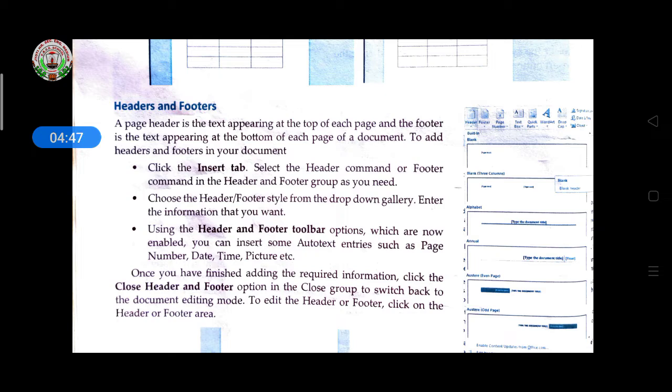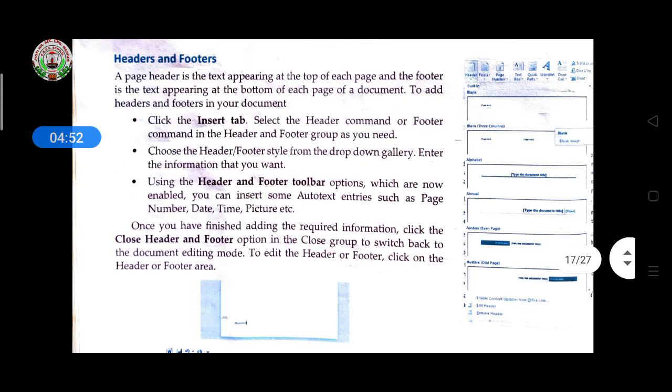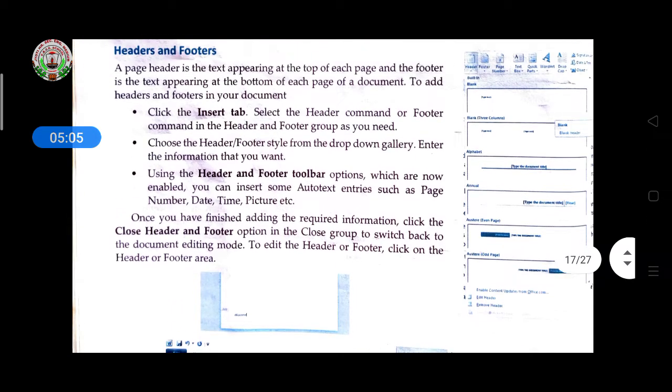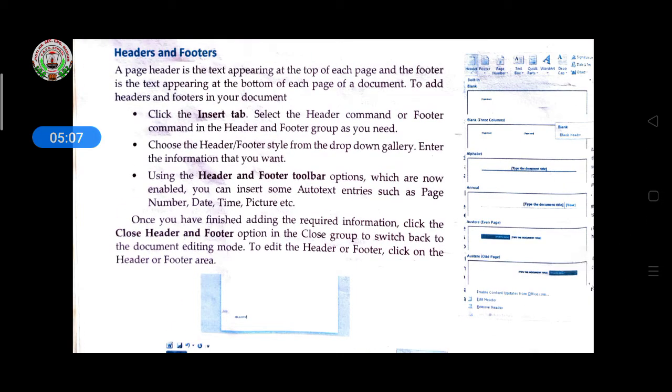To edit the header and footer, click on the header and footer area. So first of all you have to select the header and footer group from the Insert tab, and then after adding a header and footer, you have to go back to your document page. Header means heading, if you want to give one, and footer is where you can put the date of that particular document, or the page number. And if you want to give some note, in a footer you can add all this.